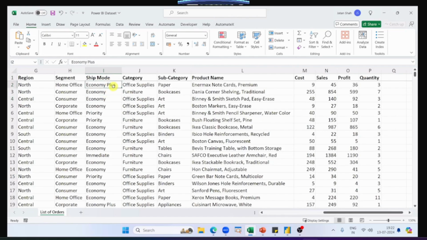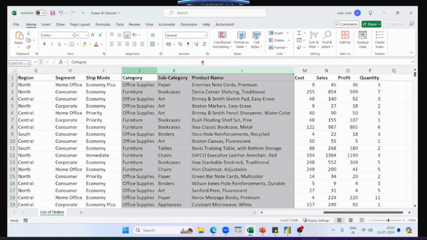We have economy plus, we have immediate, we have priority, all of this. They are different kinds of shipping modes based on the delivery time. And then we have another three columns, which are very close to each other and very well connected. Just like how you had your country, your state, and your city, same way you have your category of